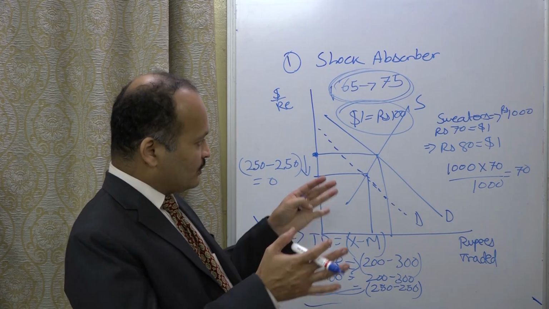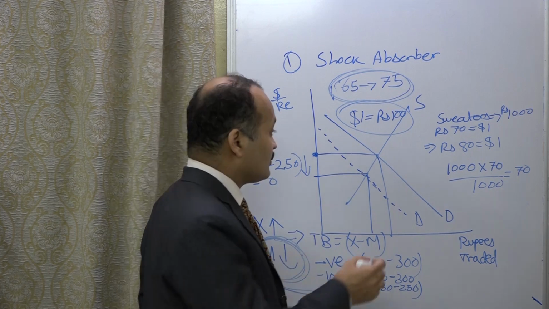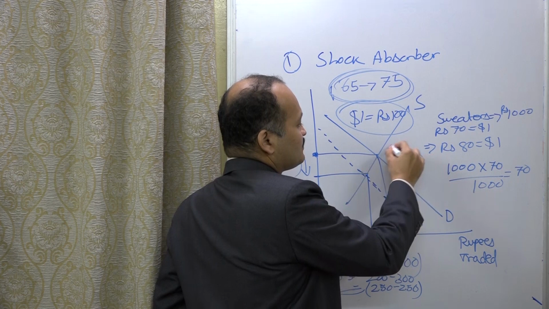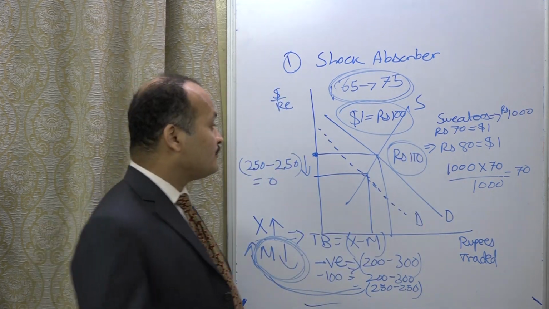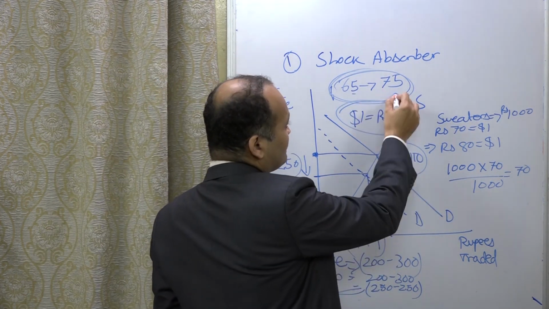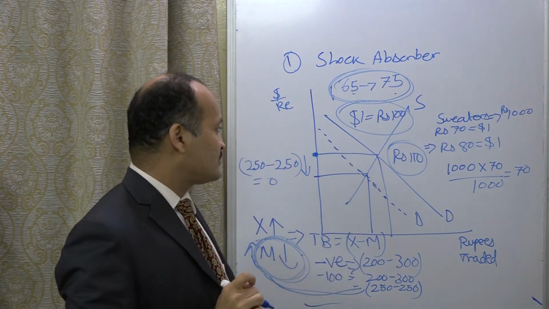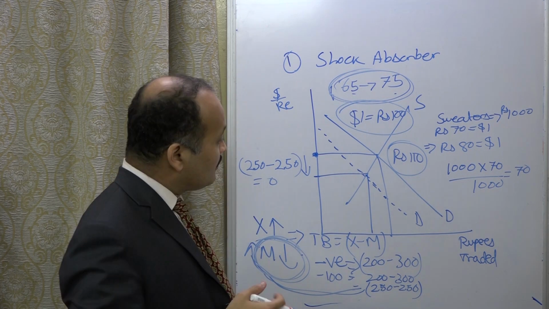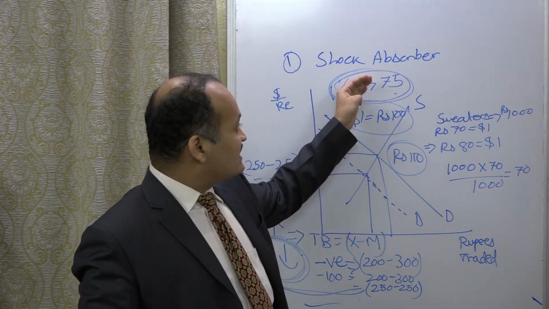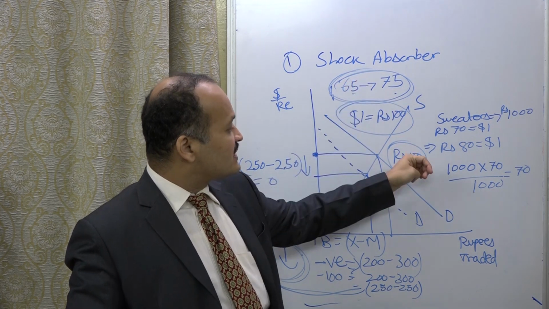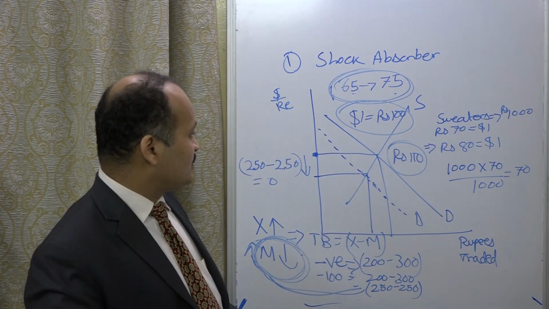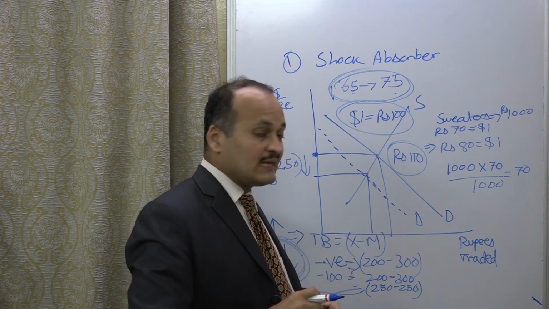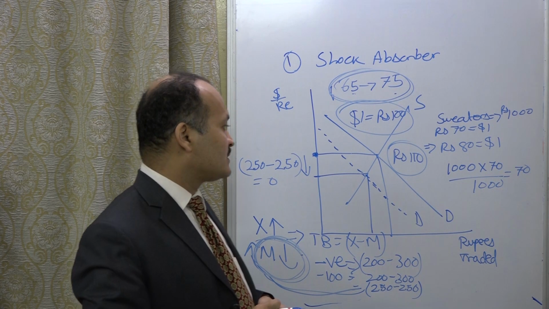Suppose both these things are leading to a scenario where the oil price is now say 110 rupees per liter. Now, with a 65 to 75 increase in the oil price, we may not find a great reduction in the oil consumption, but with oil prices moving from 65 to 110, which is almost a 70% to 80% increase,